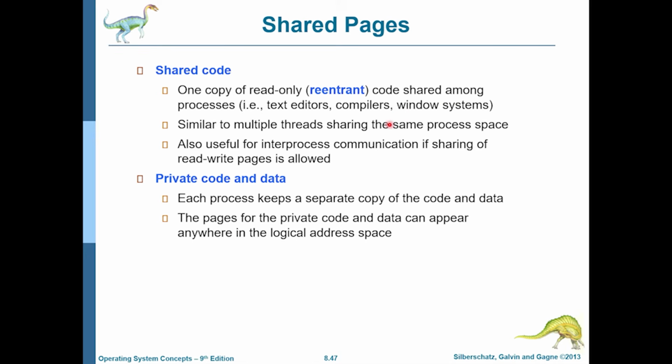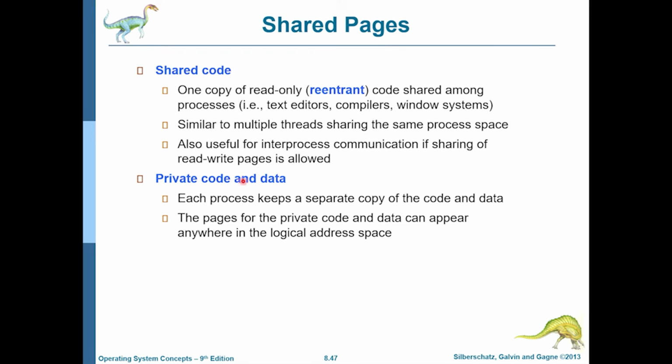Now, the shared page does not need to be read-only. It could be read and write, and two processes can have two different pages mapped to that same physical frame, and they can read and write to that page. They can adopt mutual exclusion and use that as their inter-process communication strategy. So one process can write to it, another process can then read it. They can probably use something like readers-writers locks, or other things to effectively communicate between each other.